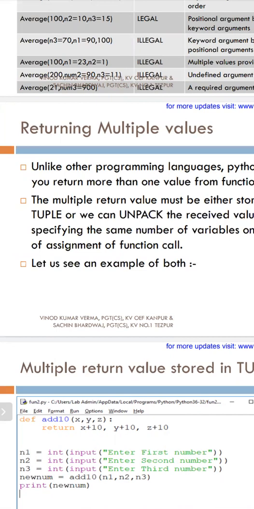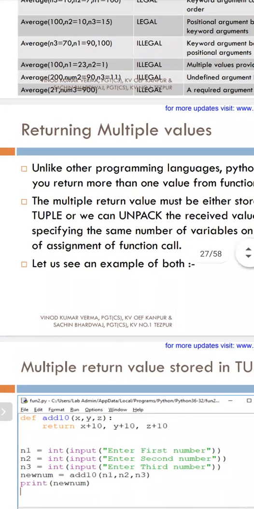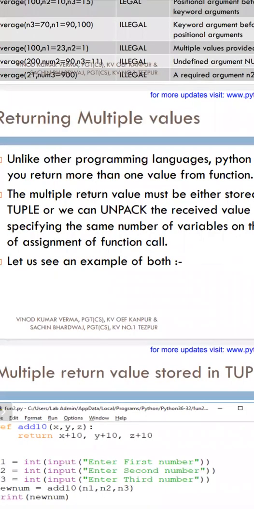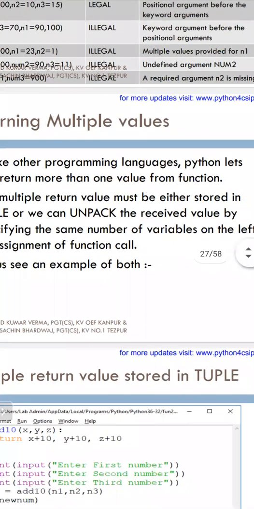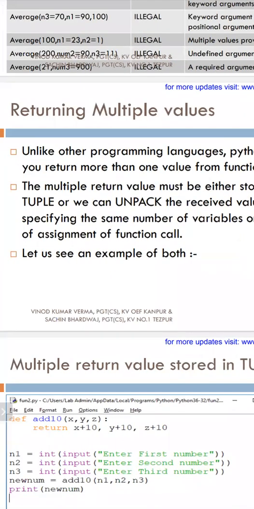Okay, but let me go to the multiple argument. This is the last topic, variable length. We have seen how to pass multiple arguments and how to receive them. Before that, some text. Unlike other programming languages like C++, Java or Ruby, where we cannot pass multiple variables and can return only one object from the function definition to the call statement, Python allows multiple values.